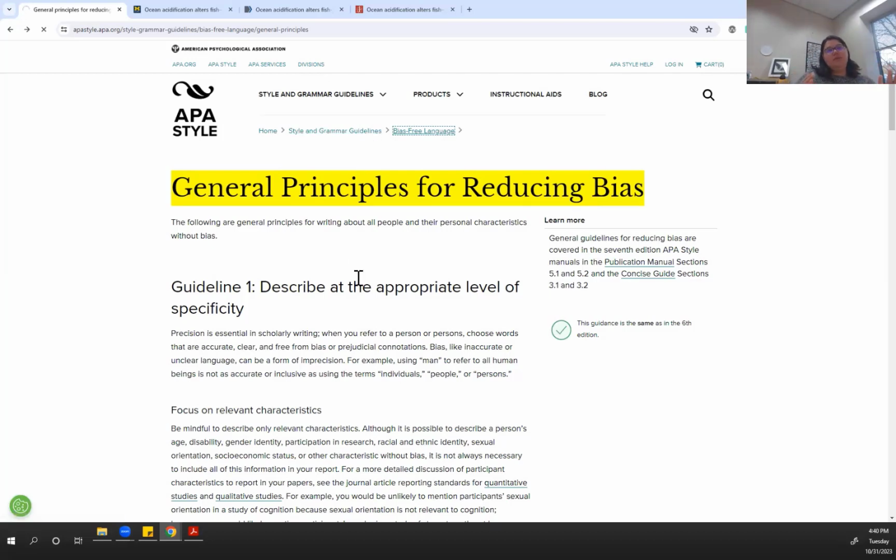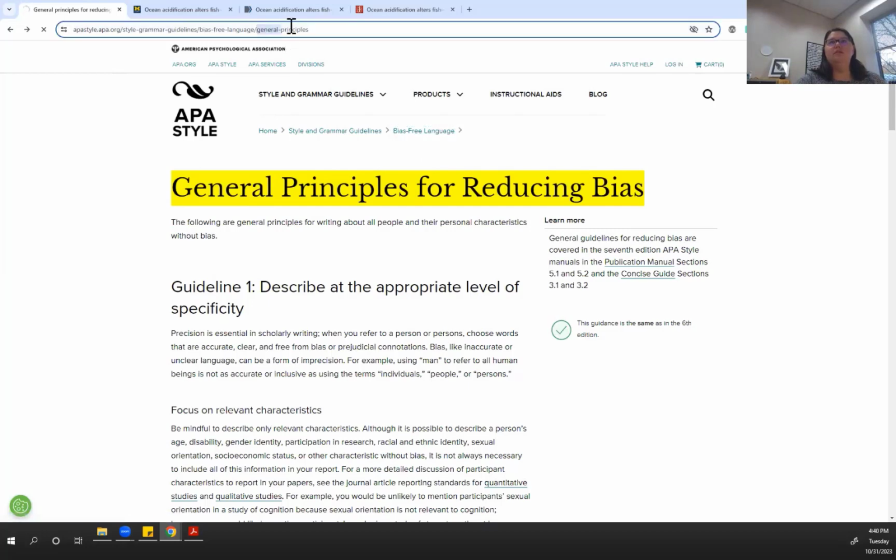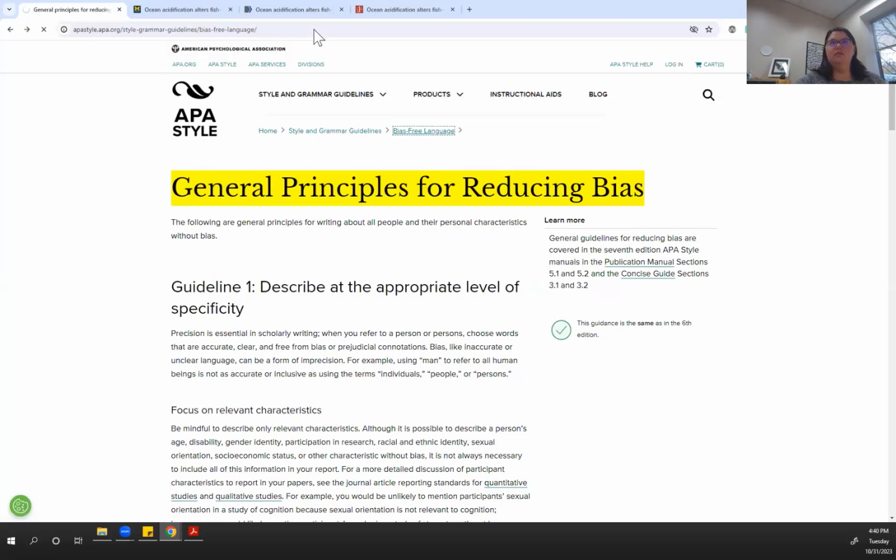Now, this is one of those things where APA is a little bit ambiguous in some cases. Okay. Let me actually go on load. It's taking its sweet time. But APA is a little bit ambiguous about this. So it would kind of depend on how you want to